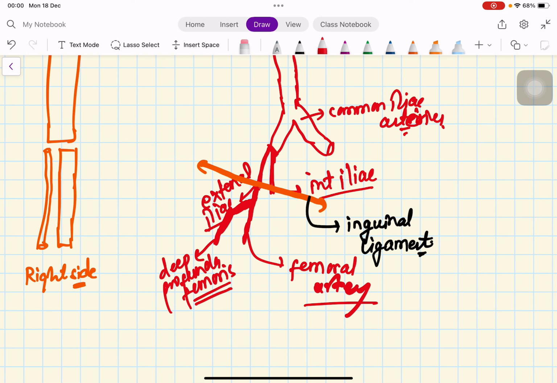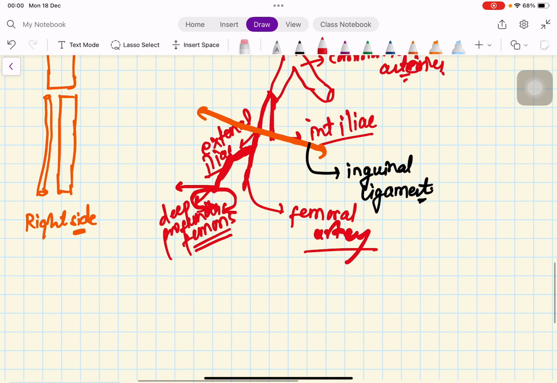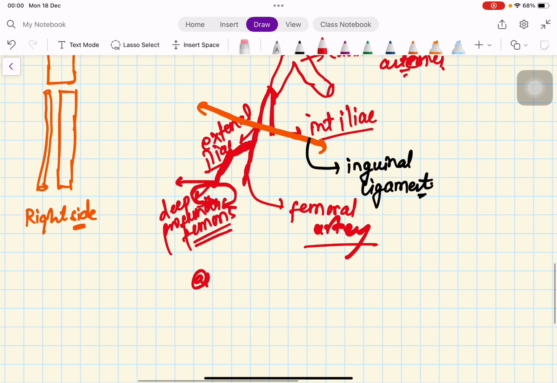Now this will again give me three branches. What are these three branches? The transverse femoris, the lateral circumflex femoris, and the medial circumflex femoris. So what are these? Transverse